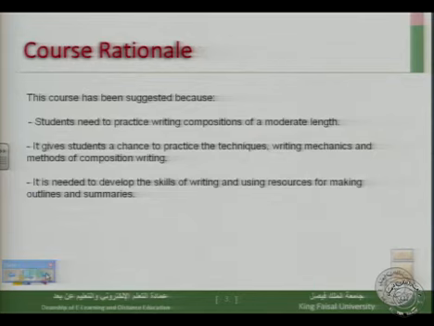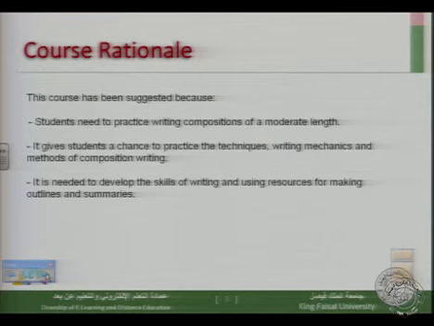Our first point is the course rationale. This course has been suggested because students need to practice writing compositions of a moderate length. So here you are required to write compositions of a moderate length. We mean from 2 to 4 paragraphs. It gives students a chance to practice the techniques, writing mechanics, and methods of composition writing. So this course will give you the opportunity to practice all the techniques and the writing mechanics and methods of